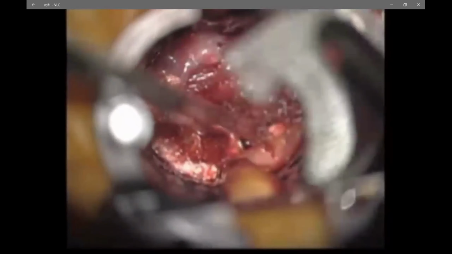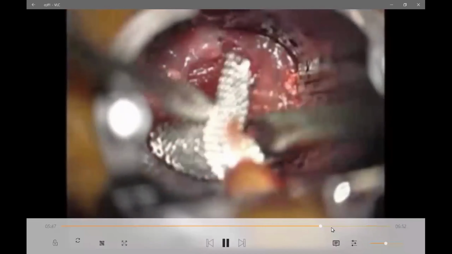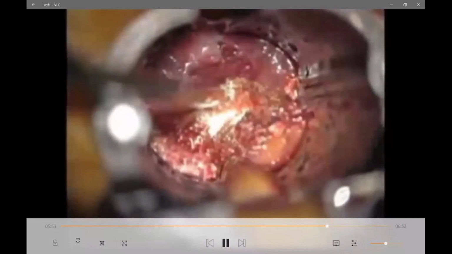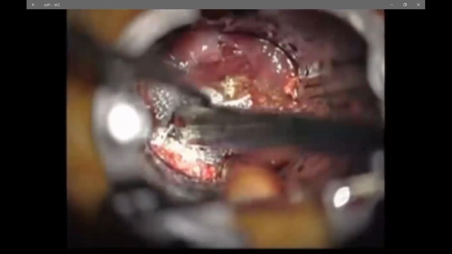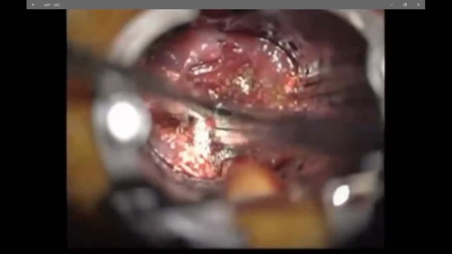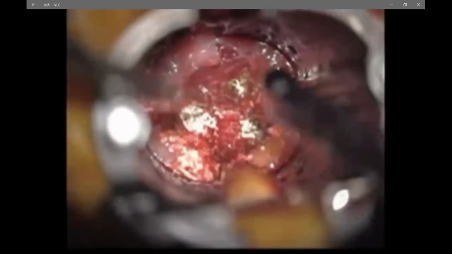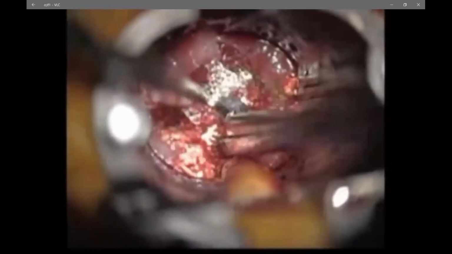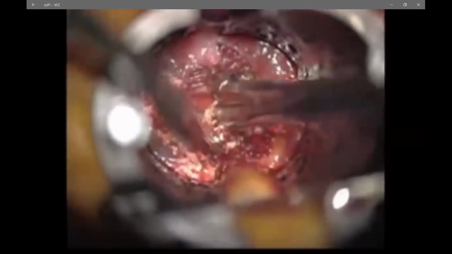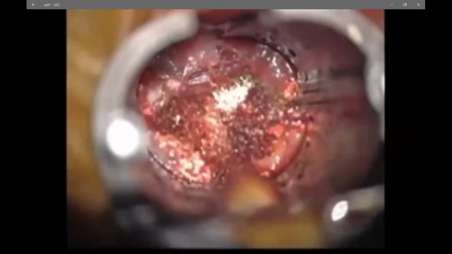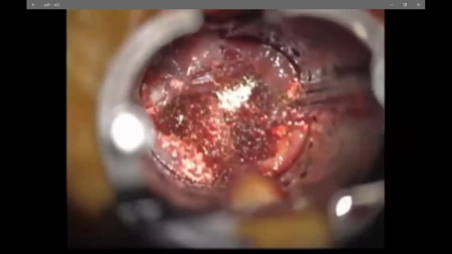Hemostasis is pretty important because otherwise it may ooze. It's a potential cavity, the retroperitoneal space. So in this case, we have put a lot of Surgicel. I think it is more than what is required. A gel foam would have done the same work. Because you need to put some weight here. See, you can see a minimal ooze there, but it is now settling. So a gel foam will do the trick.